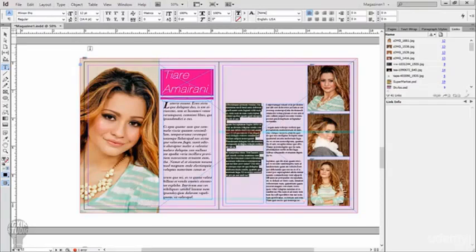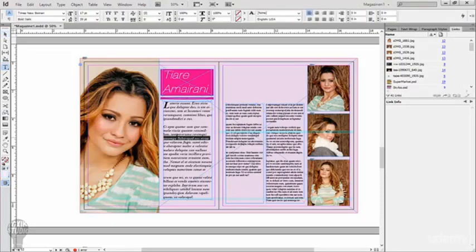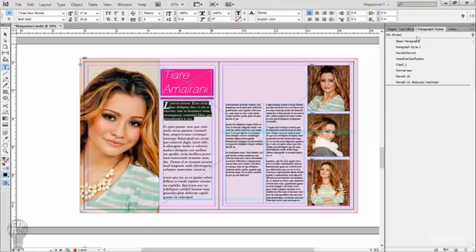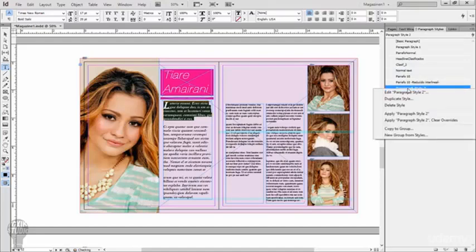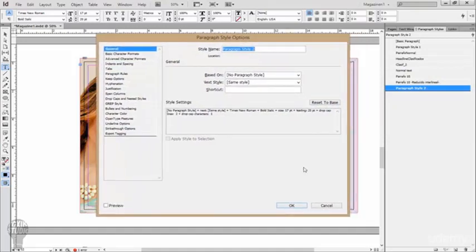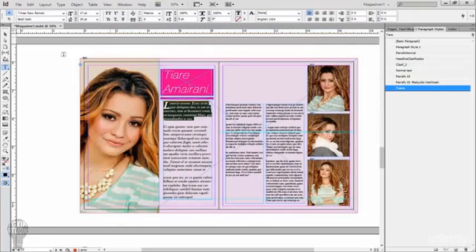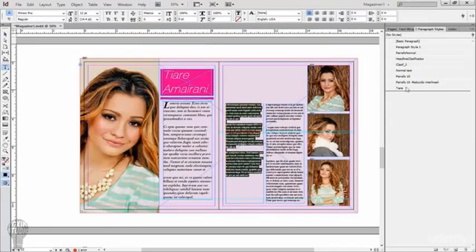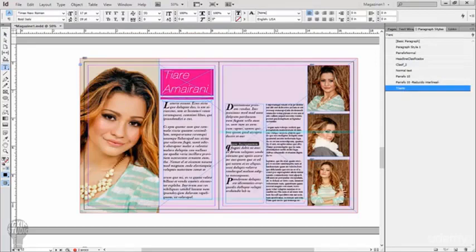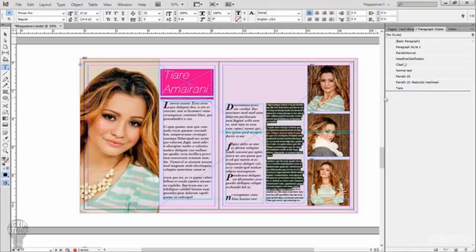I'll double click here and I will just check this out. I will use this and I will save this style in paragraph styles. Just going here and New. I can rename this paragraph style and boost the array. So if I select this and just click the array, the letters are gonna be exactly like the other one, this one. I'll do the same with this,